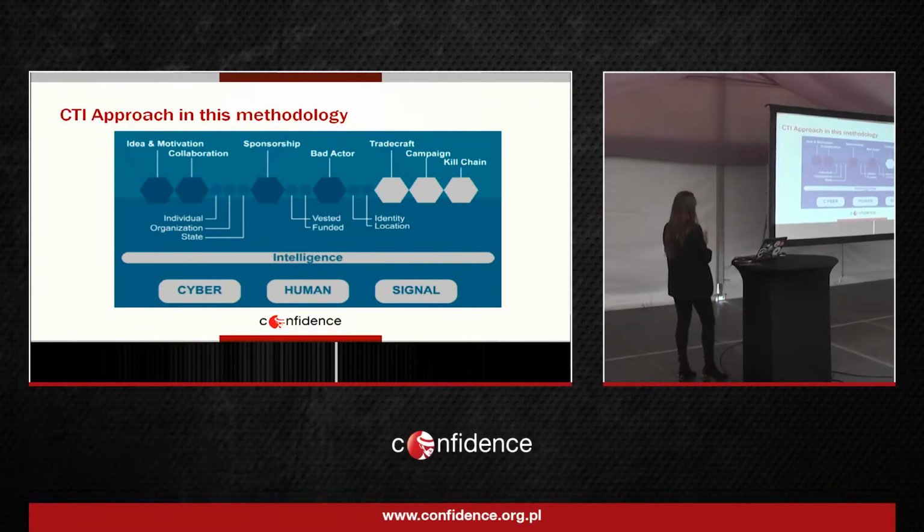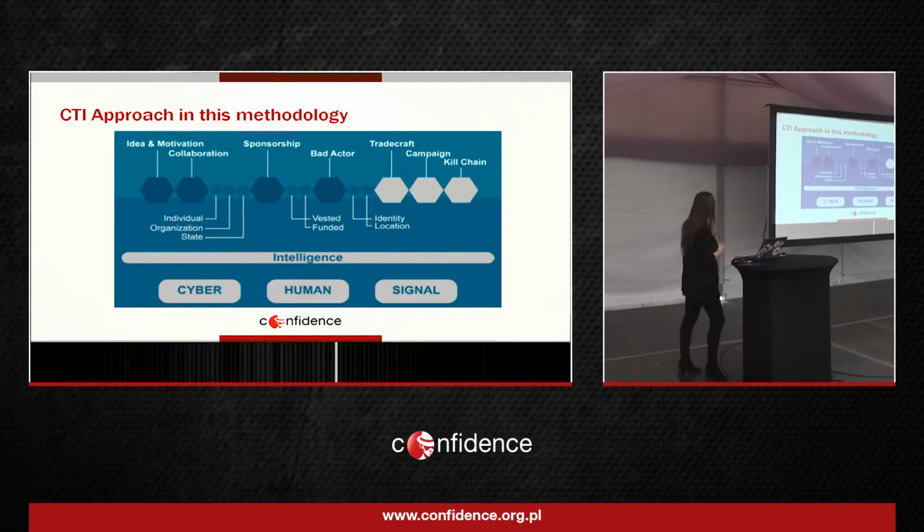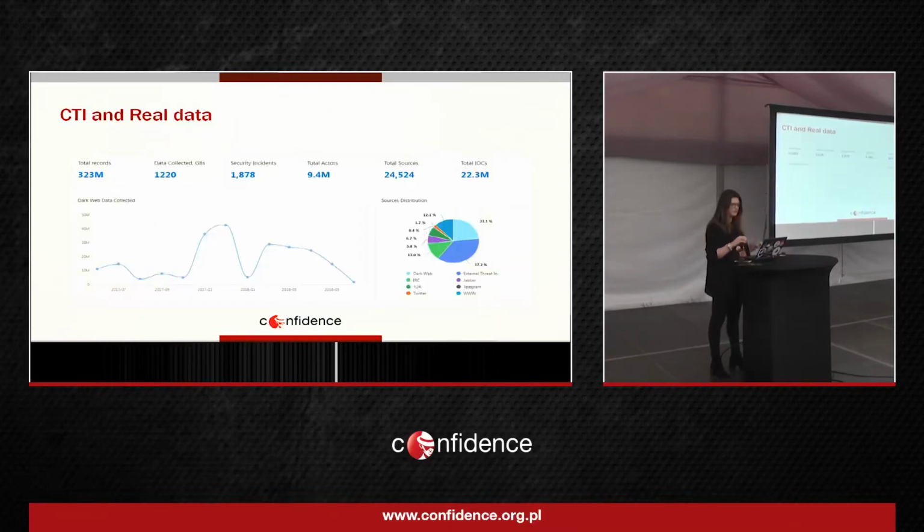It's a part of intelligence that is connected to the cyber, to human, and to the signal. So we have the part of bad actor, campaign, kill chain, the identity locator. So it's not just the standard cyber threat intelligence, it's the cyber, human, and signal. So for example, this is what we have collected in these days or in these months, and this is real